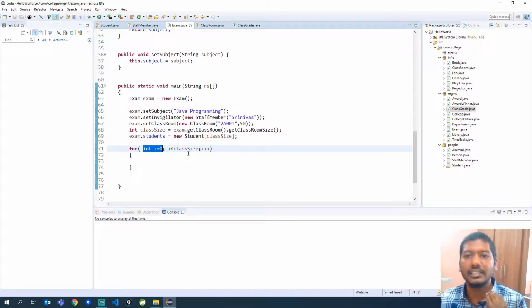So I am initializing a variable i to 0. And the second part is the condition, as for how long this for loop needs to be running multiple times. Okay. So what is the condition here? As long as the value in the variable i is less than the class size, you have to repeat the instructions in the for loop.